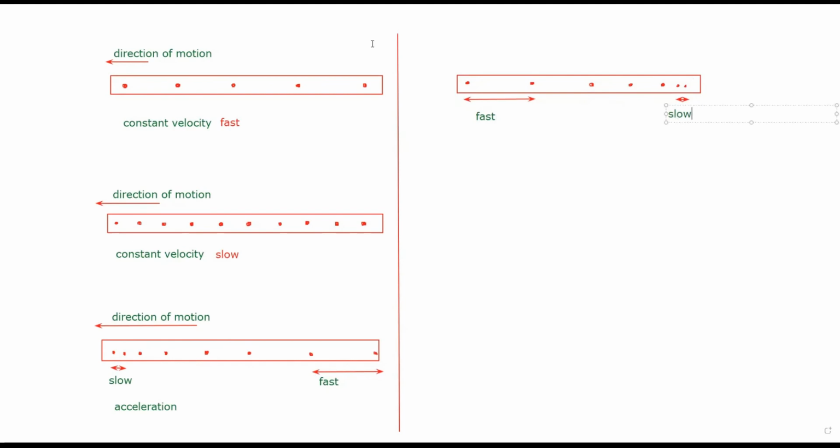And I forgot my direction. My direction of motion is here. Direction of motion means the direction to where I move. It is in this direction. So what should I call this one? What do you think? At first fast and then slow and then slower and slower. We are going to call it as